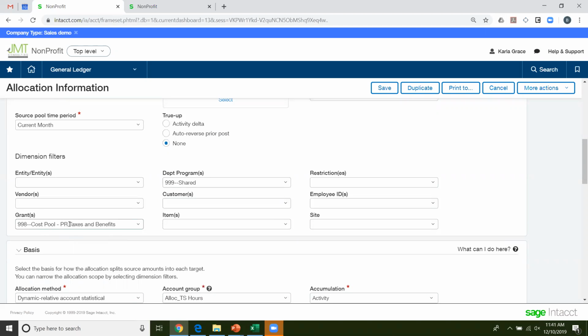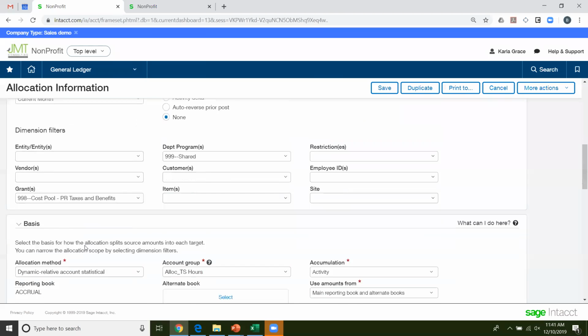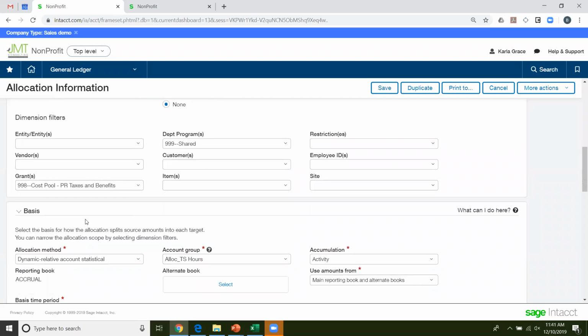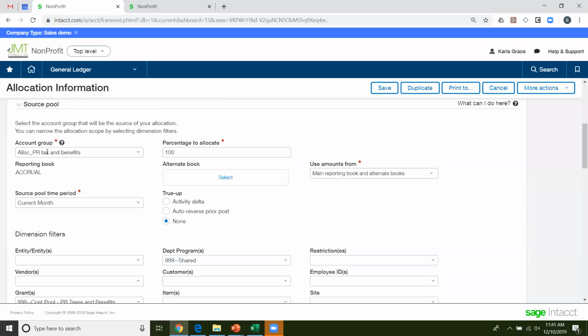I have posted everything into a shared department and a cost pool for taxes and benefits. I'm filtering here because it only filters based on what's here. If you put filters in your account group, it doesn't